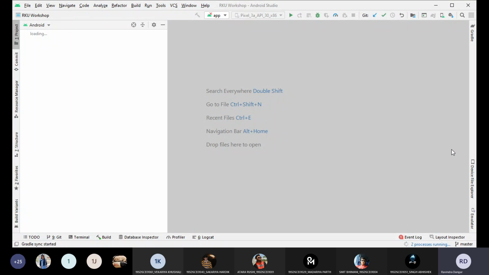Okay, Smith has installed it, and Dwaj is also saying that he has installed Android Studio.